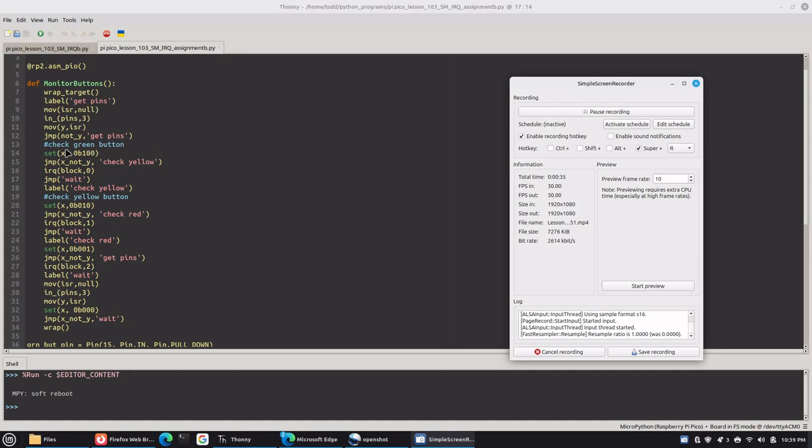And then if Y is not empty, we check the green button. I loaded up the green button, and my buttons are wired backwards from yours, I think. So for the green, it'd be a 100. If X isn't Y, we'll jump to checking yellow. But if it is, we'll set the IRQ to block 0, and